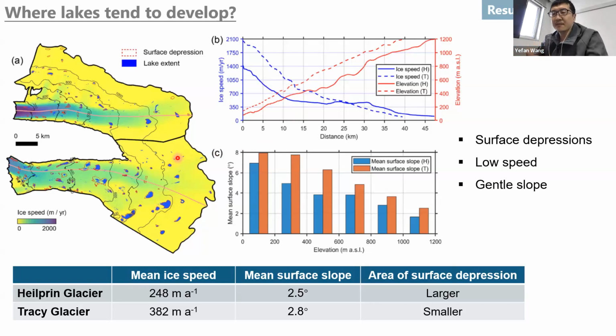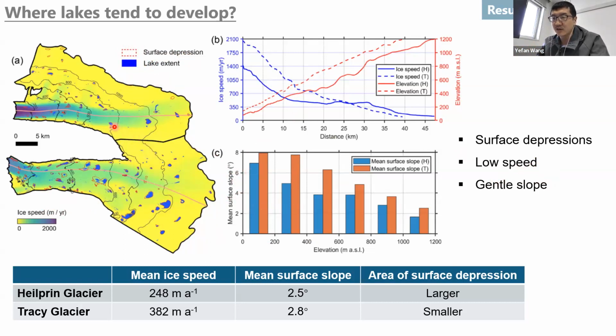So I combine the data set of the ice speed and the mean surface slope to discuss it. And I also calculate the surface depressions from the Arctic DEM, and it is this kind of polygons. We can see most of the lakes are developed within the surface depressions. And also these lakes prefer to develop on low speed and gentle slope areas,